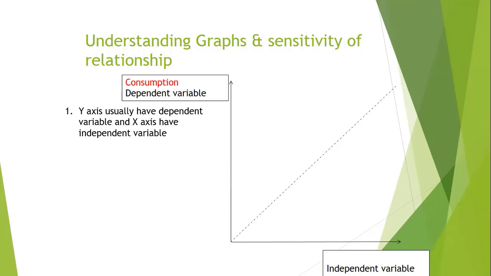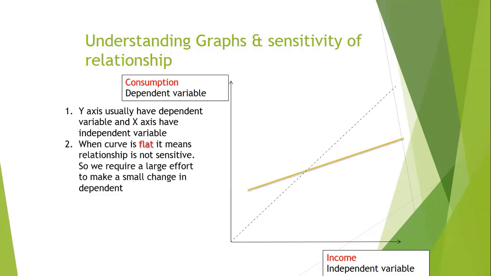So suppose consumption is dependent and income is independent. हम वो story consistently चला रहे हैं. And there is a line, red line, and so I have plot a dotted line here. You can see this dotted line is a reference line. This line has one property, that it is increasing equally. It has a 45-degree angle. Dotted line का 45-degree angle है. इस लाइन की प्रॉपर्टी ये है कि इस पे जो भी डॉट लगाएंगे उसमें x और y की वैल्यू बराबर होगी.